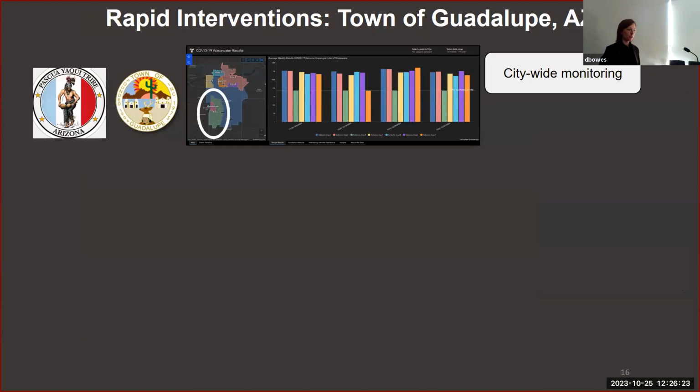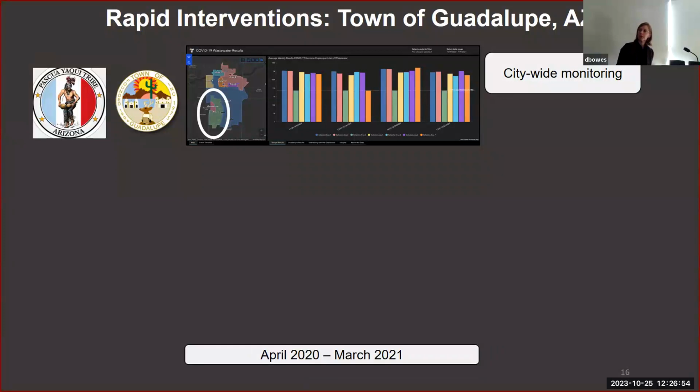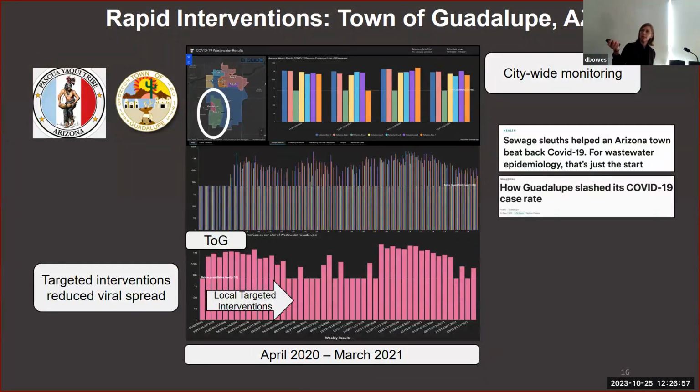All right, so another interesting aspect of this was we were also collecting from within what's called the town of Guadalupe in Arizona. This is actually a separate municipality from the city of Tempe, but they worked very closely with us. They were very motivated to work with us here. So this is a town of about 6,500 residents, typically multifamily homes. A large proportion of them are of the Pascua Yaqui tribe in Arizona. I'm going to show that initial map that I just showed you in the previous slide, where we have all of the catchments here, except this one excludes the town of Guadalupe. It's on its own tab on the dashboard.